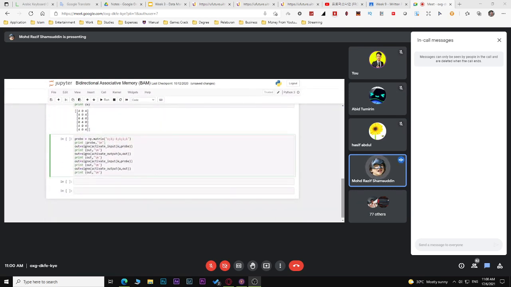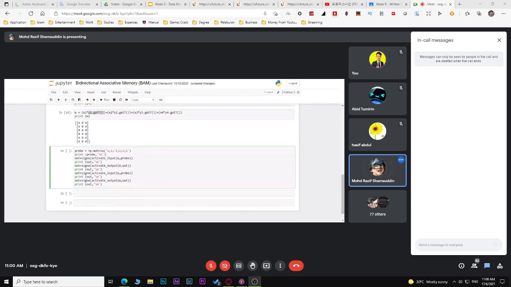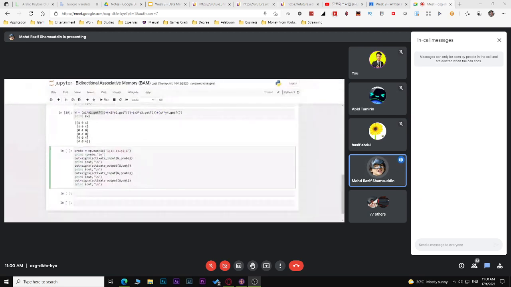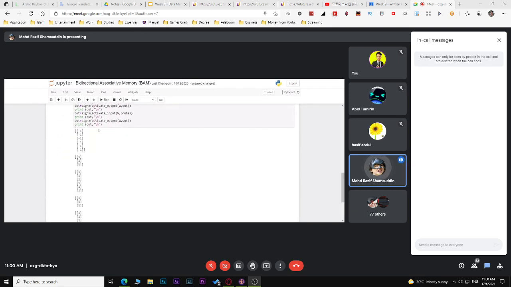Lepas tu ni contoh. Ni baru kita boleh buat ni. Probe dia. So katalah probe dia adalah ni. So this is one of the probe. Ini contoh yang akhir sekali dalam nota you all yang menunjukkan dia converge kepada input output yang salah kan. So now kita nak buat yang sama. So saya run. So if you can see dia punya input dia